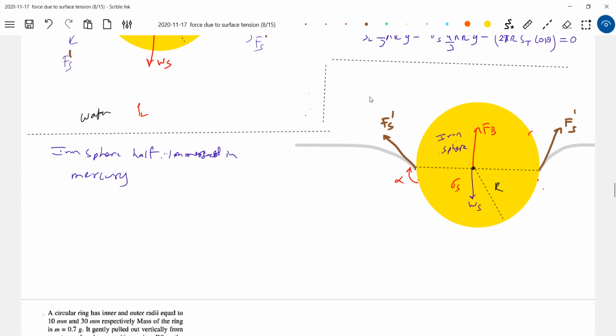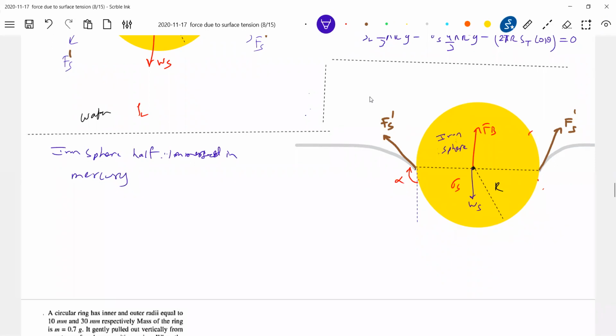So how do you define the angle of contact? The angle measured between the tangent inside the liquid and the solid. This is a solid. This is a liquid. I'll draw a tangent in the liquid. This is the angle of contact here. Okay, let's write the equation now, because we are measuring like this alpha.